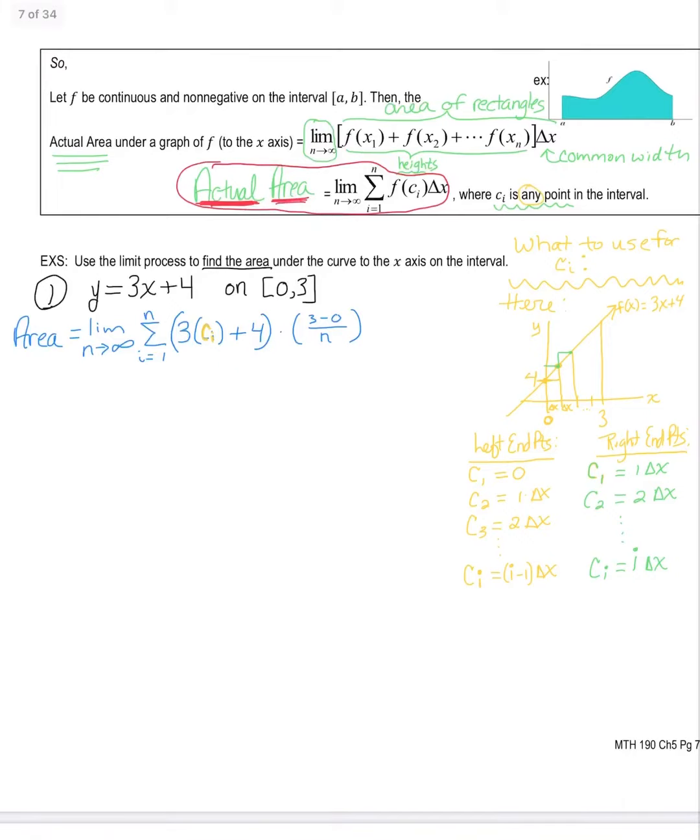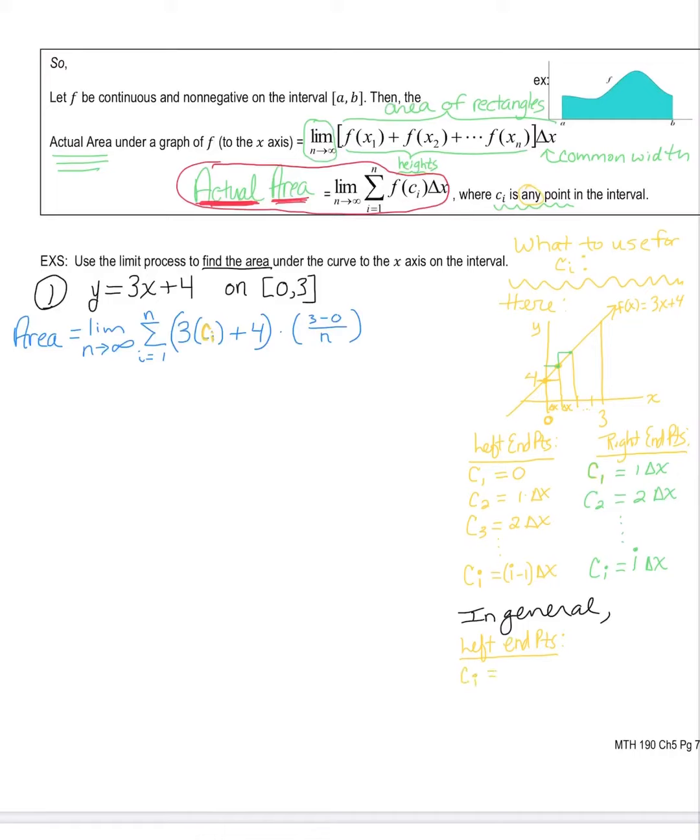In general, if I was going to use my left endpoints, they would get represented as c sub I equals